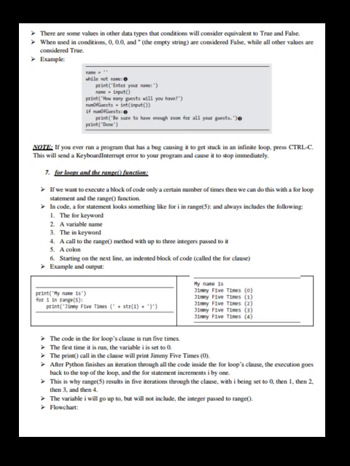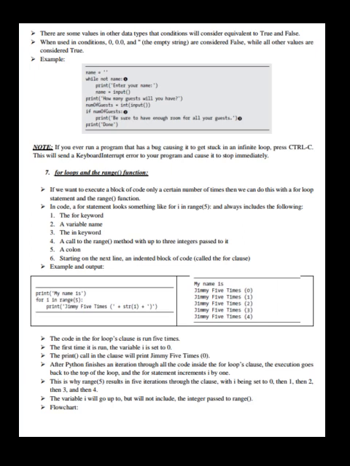See the example and output here. The code in the for loop's clause is run 5 times. The first time it is run, the variable i is set to 0. The print call in the clause will print Jimmy 5 times.